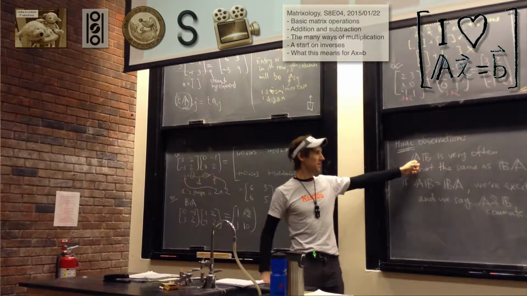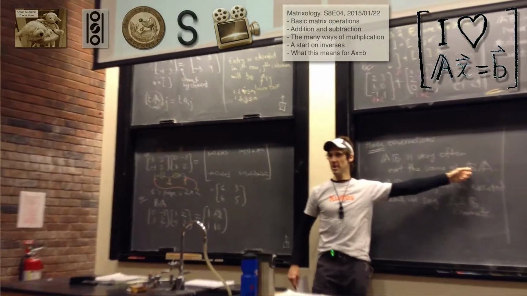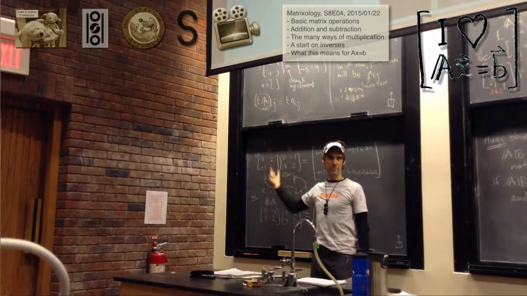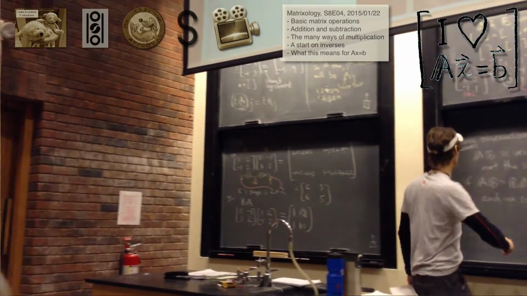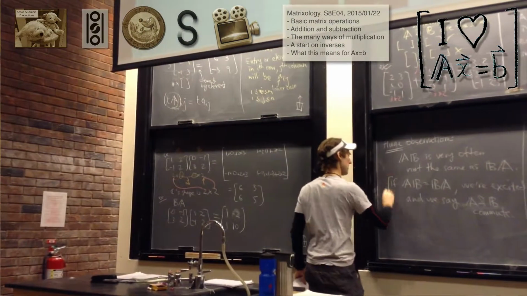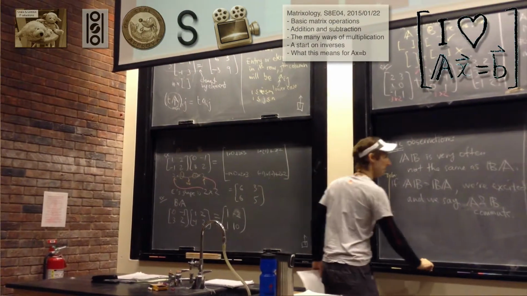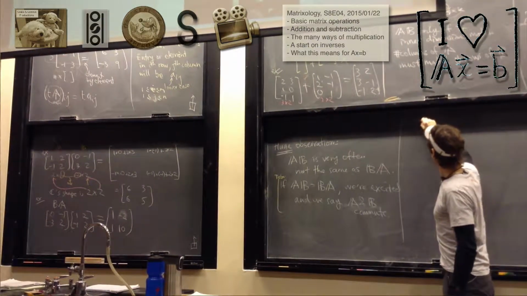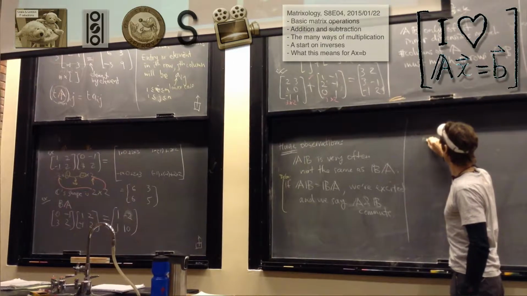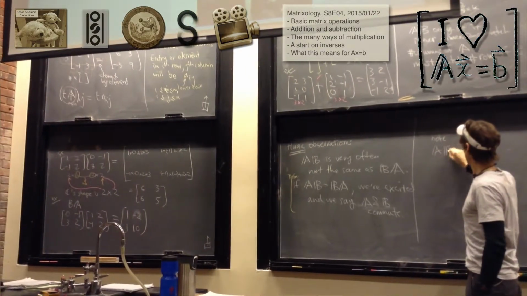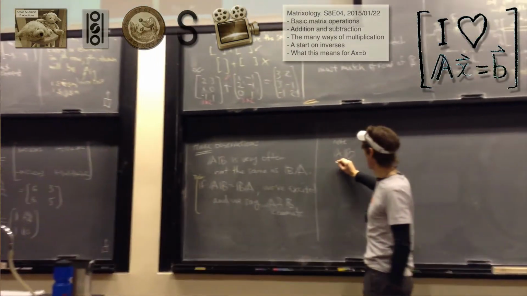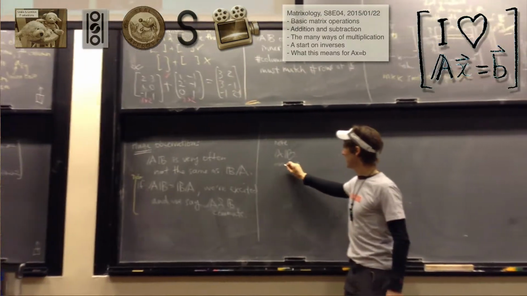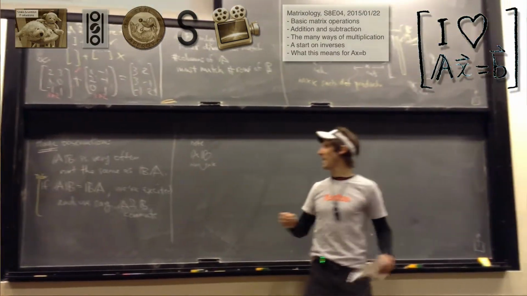So there's a very good reason that this is not true often. Let me say that. These guys, 2 by 2, 2 by 2, we could swap them, right? So let's say this is actually a definition. Let's say we've got A times B. If this is AB, this is m by n, and this is n by k. These guys match up. That's by definition. So if AB is OK,